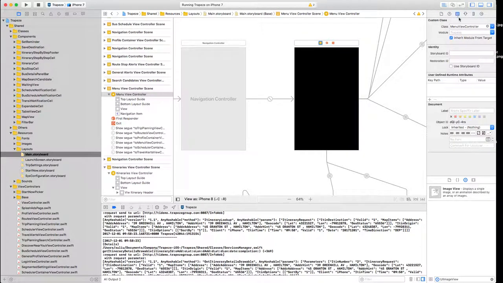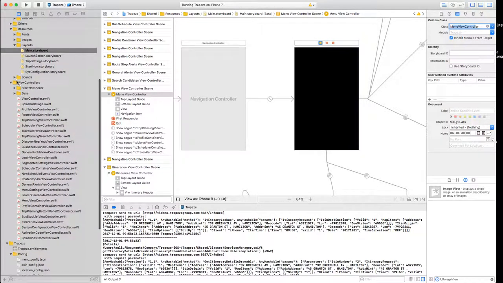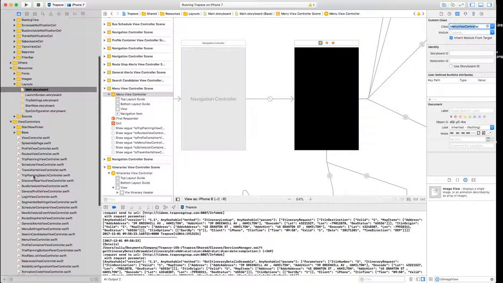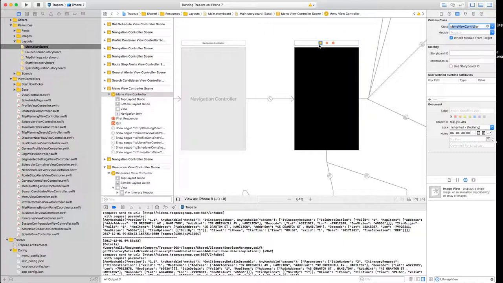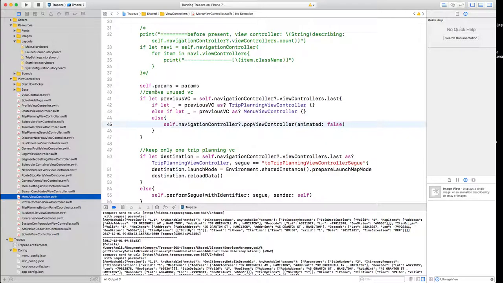I think this one you already know, but let me repeat again. Menu view controller. As I mentioned in the previous video, all the view controllers are inside of this folder. So let's expand and then select the menu view controller. Oh, view controller here. Okay, so inside of here you can see